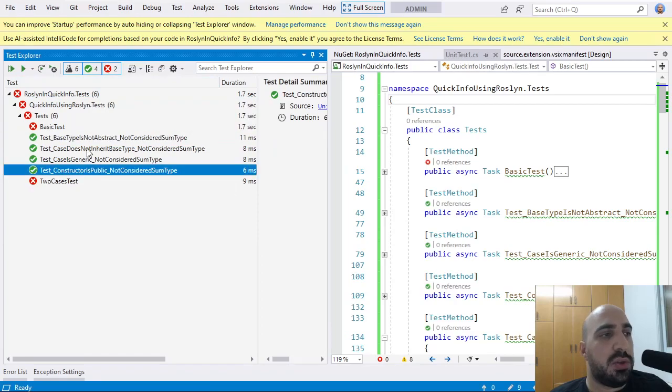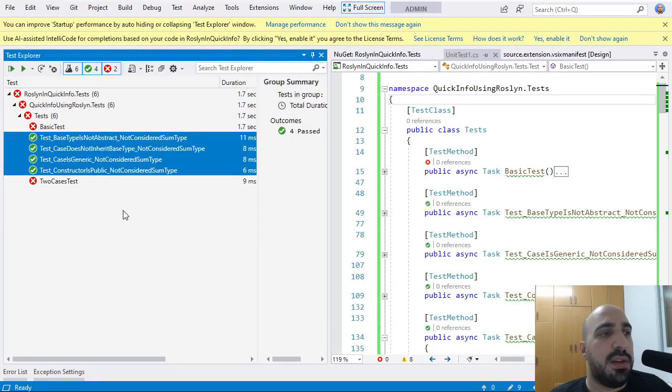Okay, so actually 4 tests passed, and this is because currently we always return null, and these tests expect the return to be null, right? That is, they expect there not to be QuickInfo. Once I start working, these tests will fail, and this is very important. We should see these tests fail before we make them pass again. Okay,